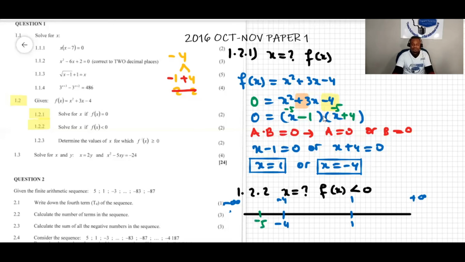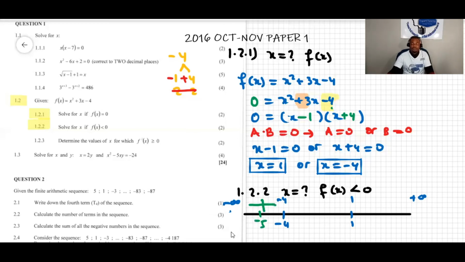Negative times negative will make positive. So that tells me in this interval from -∞ to -4, the function will be positive. Okay? Now, I'm going to take values of x